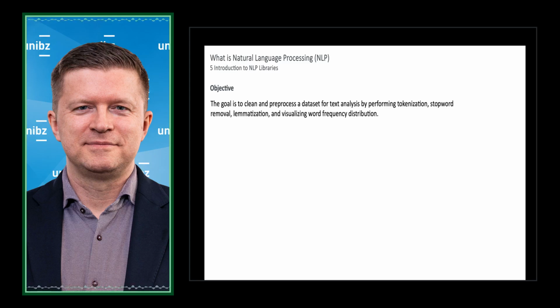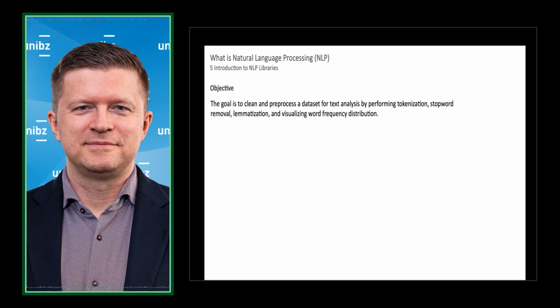So the first step is to load the raw data, which we saw in this workflow. We then tokenize the reviews and examine the structure. And then we clean the tokenized words by removing common words, the stop words, and also reducing the words to their base form, which is lemmatization.